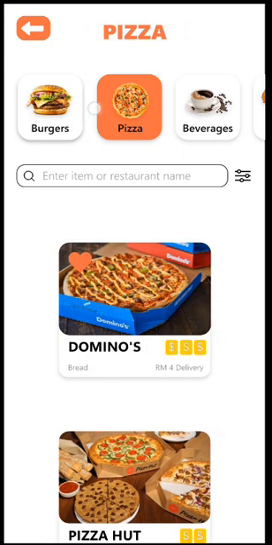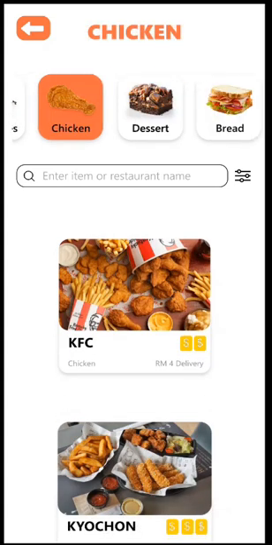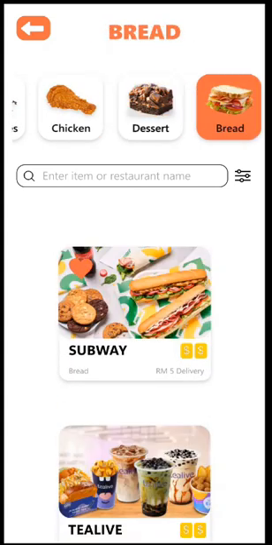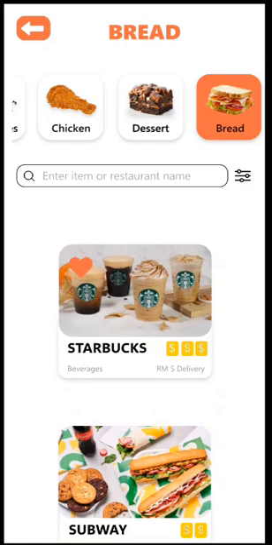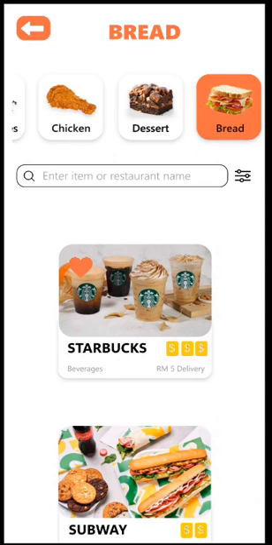There are other categories, which are pizza, beverages, chicken, dessert, and bread. And also you can filter the browse category, and then it will be sorted out depending on the sort information, such as most top rated, most favorites, and so on. For the first example, we're going to order from Starbucks,